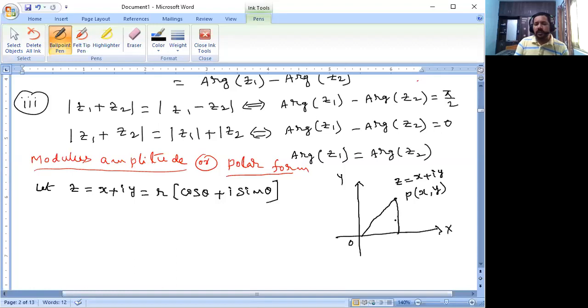This is O, that is P, this is theta, and this is r, this is x, this is y. How to find r? r is equal to mod z, that is equal to under root x square plus y square. How to find theta? Theta is equal to tan